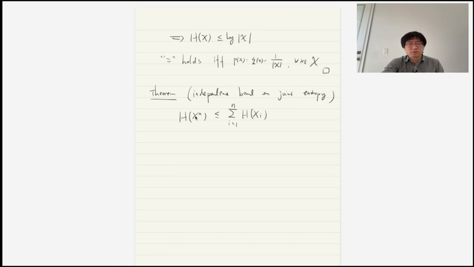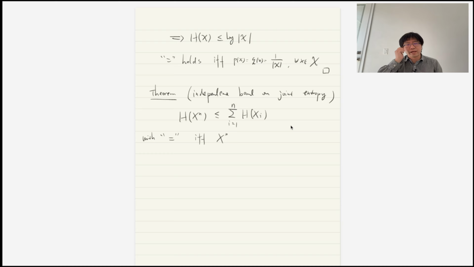We just need to expand it using chain rule, and then use the fact that conditioning reduces entropy, and then we can get that, okay? So the proof is relatively straightforward. And here, again, we need to be careful about the equality sign. So this happens with equality if and only if